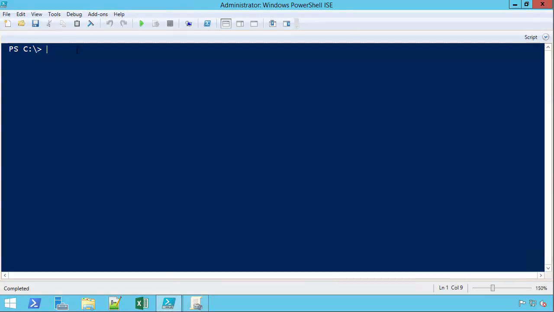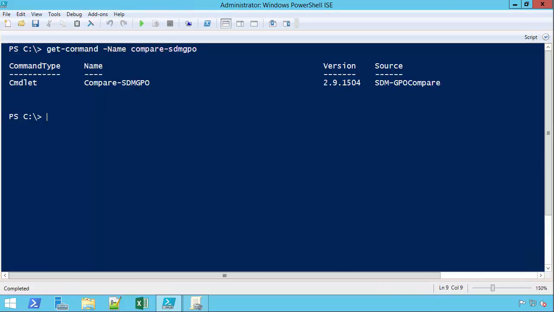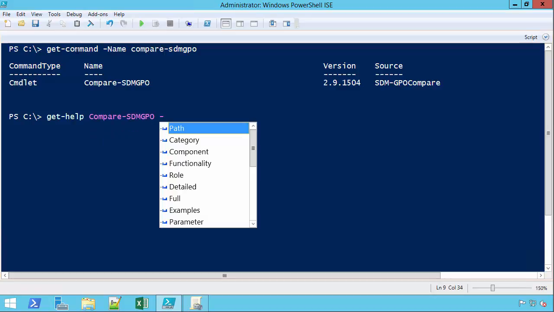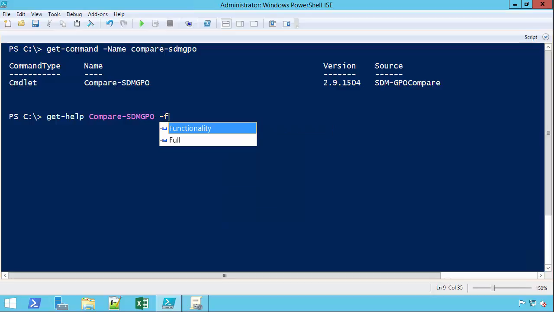Okay, so again, we're sitting here in PowerShell. There is one command that we are really looking at here, and this is called Compare-SDMGPO. And it's a single commandlet. There's two commandlets that come with the reporting pack: Export-SDMGPSettings and then Compare-SDMGPO. They're pretty intuitive, but to be perfectly honest, because this is your friend, make sure you take a look at this. Get-Help Compare-SDMGPO is the commandlet that you want to look at,